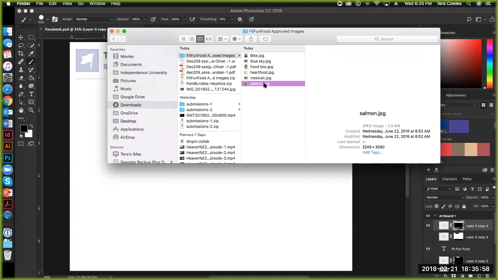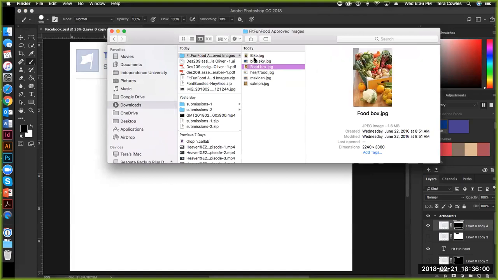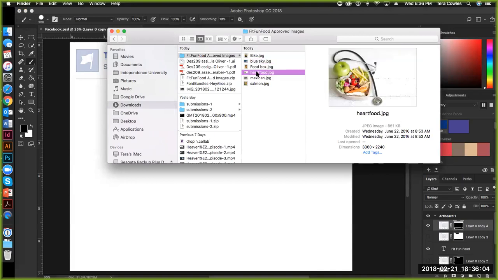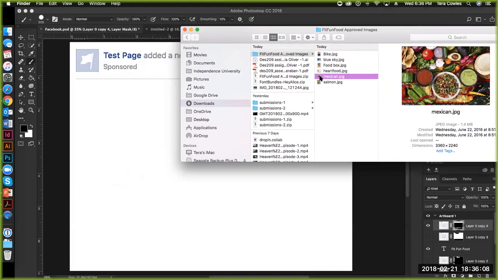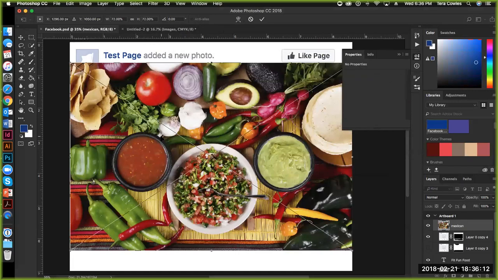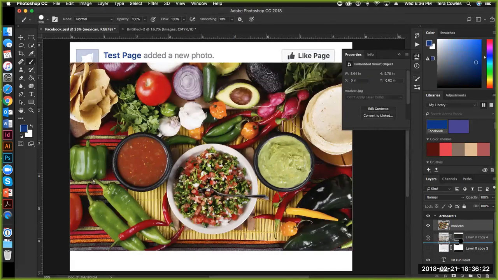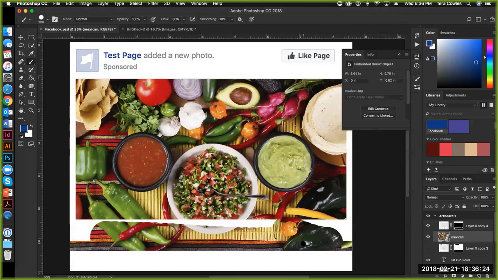And I think for the Facebook, I'm going to go with the Mexican food because it's nice, vibrant, pretty colors. So I'm just going to click and drag it over here, and it's going to place it. It's in the wrong order. So I'm going to place it and drag it down here. And oops,